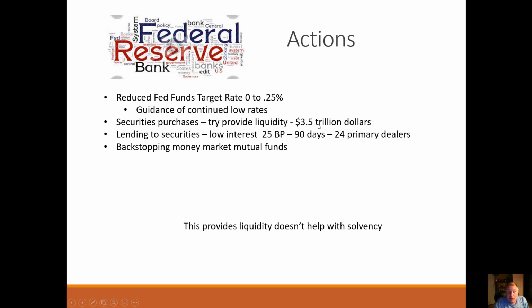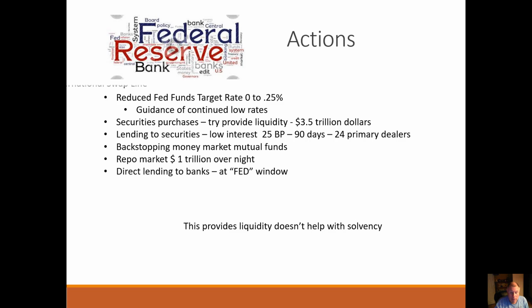They're backstopping money market mutual funds. They are in the repo market, repurchase agreement. We'll talk about that for those of you that don't know. Over $1 trillion overnight. Direct lending to banks at the Fed window. They're setting up a swap line. You don't need to know what that is, at least if you know. If you don't,